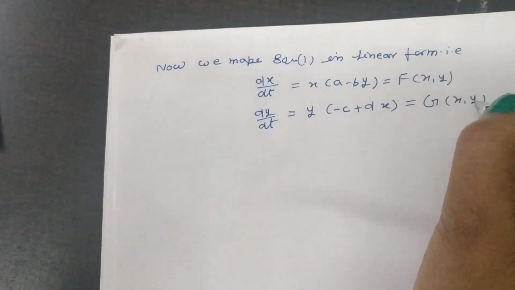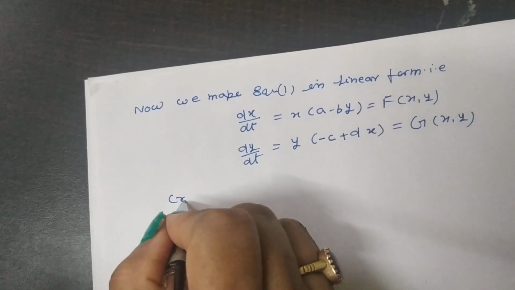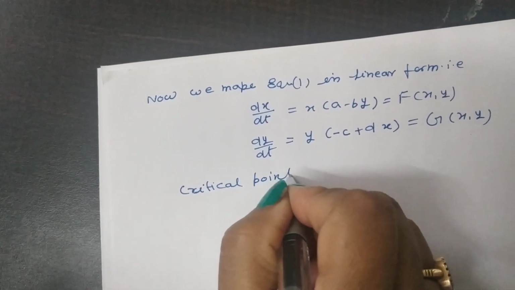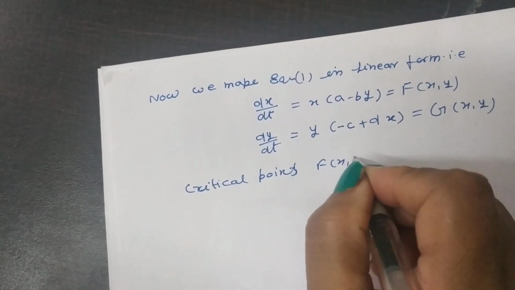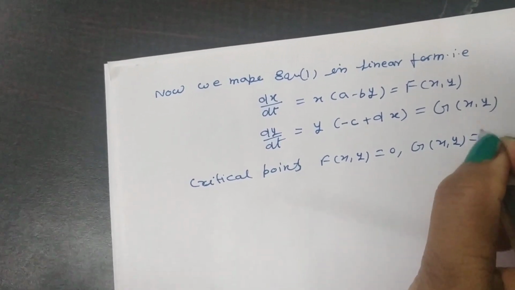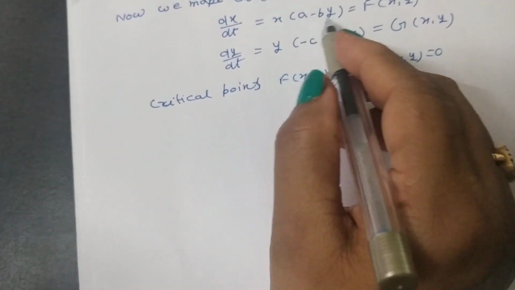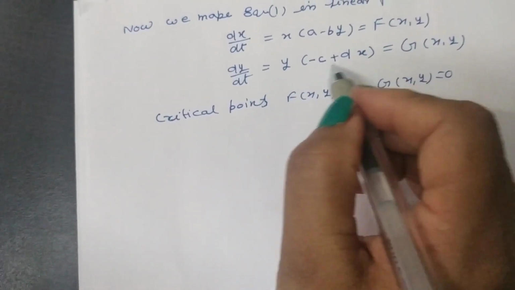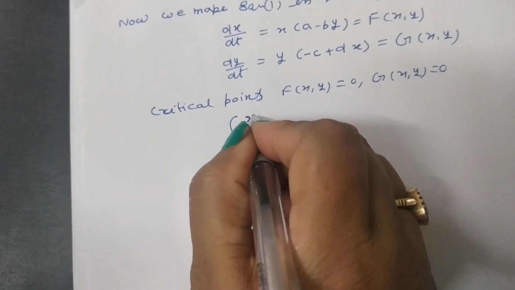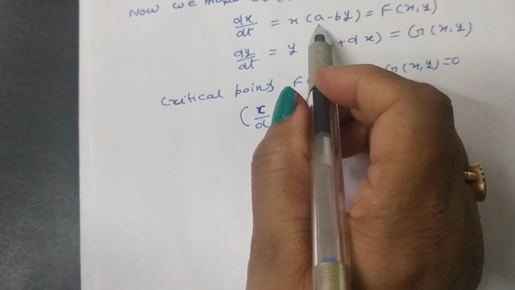We make the system an autonomous system. For the critical points, we set f of x, y equal to 0, and similarly g of x, y equal to 0. Now to find the critical points, we get y is equal to a by b and x is equal to c by d. Then the values of x and y, c by d and a by b,